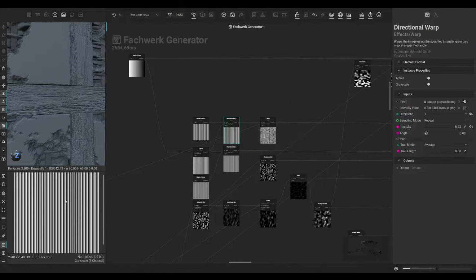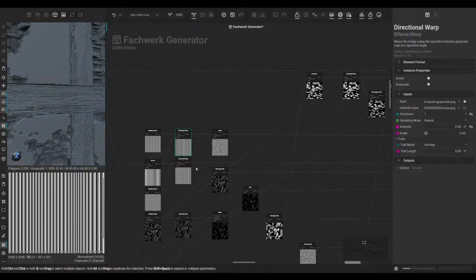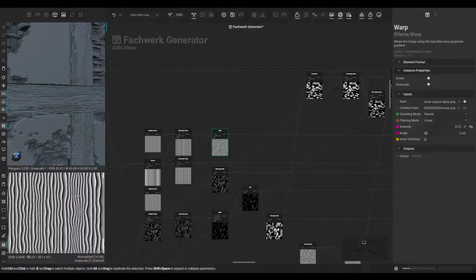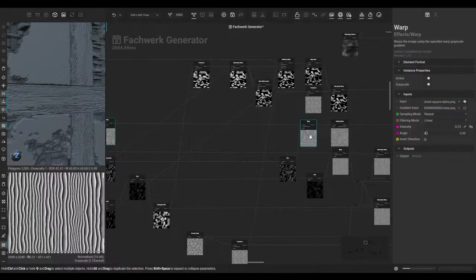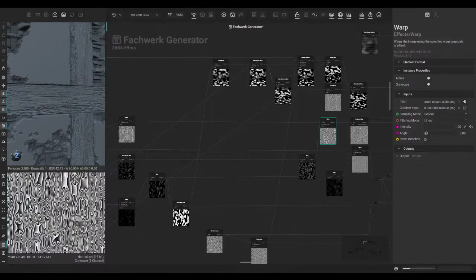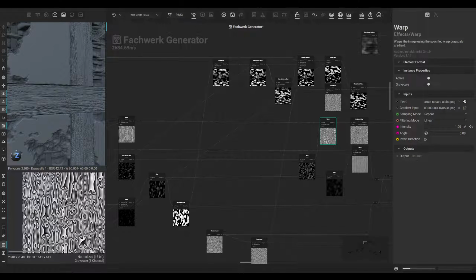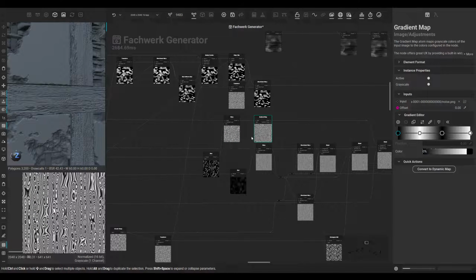So not all of them are the same size, and we have some variation in it. Then we are warping them a bit. We are warping it here a bit more to have the grain a bit nicer, wood-like. We are feeding it into gradient map to